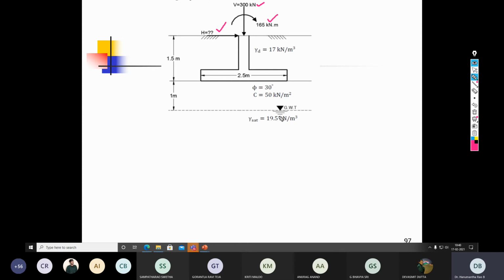So I'm giving an open question here. How do you solve this one? Can anybody tell me? I will greatly appreciate it. The write-up of the question is not required. You try to understand the logic of this question. You only need to calculate the bearing capacity. There is nothing else.